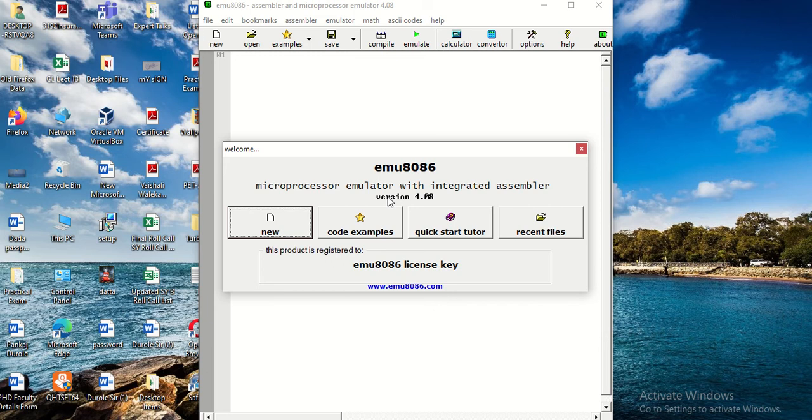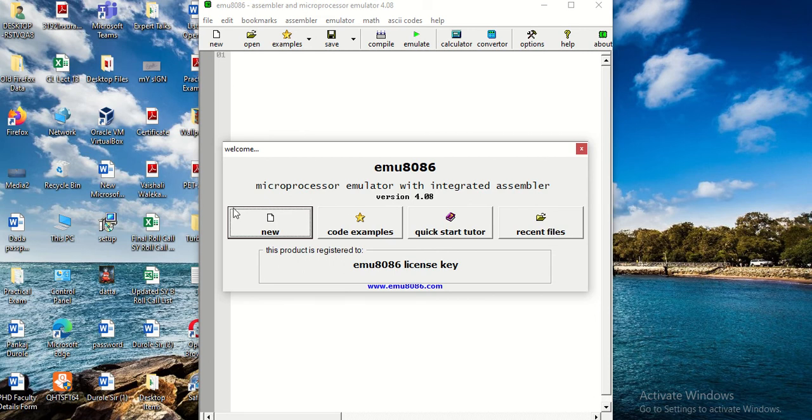In assembly language programming, we have seen various programs of addition, subtraction, multiplication, division, and even the program of even and odd numbers. But in all these programs, we have taken the input in the data segment itself. Now, in this particular program, we will see how to take the input from the user, and we will take one example of subtracting one number from another number, and this particular process will be applicable to all the other programs that we have done.